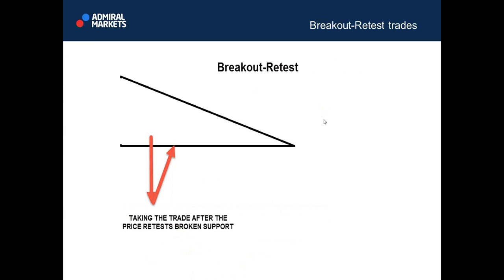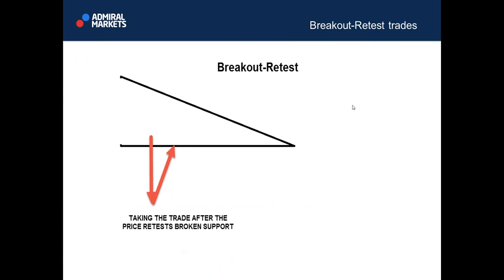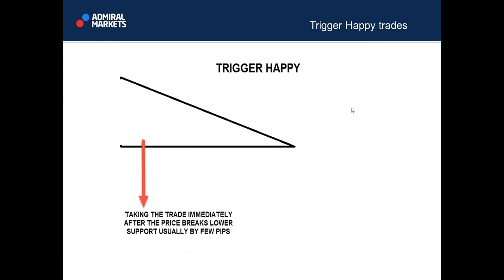So you need to differentiate between these 3 ways to trade breakouts. Now, you need to have experience in that. I cannot tell you generally. Let's say that you spot a triangle on, I don't know, which pair and which time frame, and you ask me, what should I do now? You need to get a feeling for that. I personally want to see retests. I usually go with retests. But needless to say, sometimes trigger happy